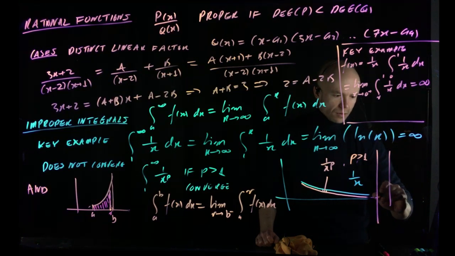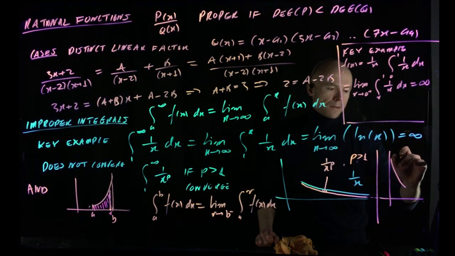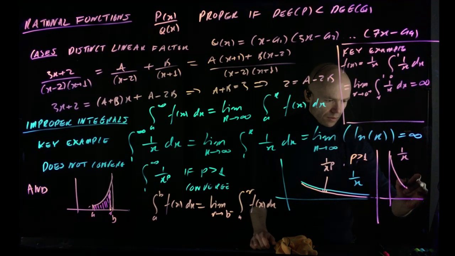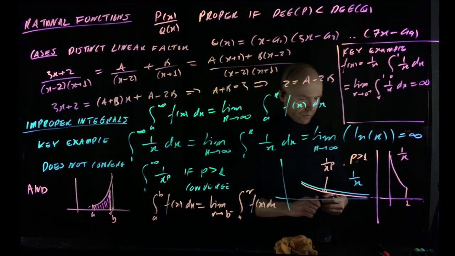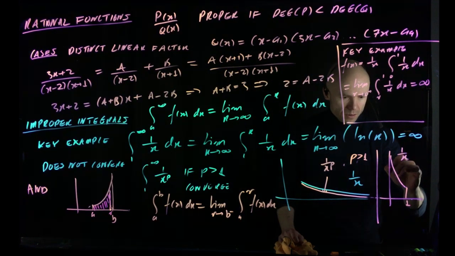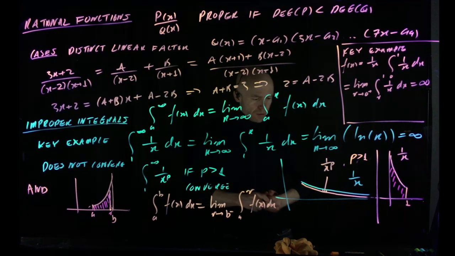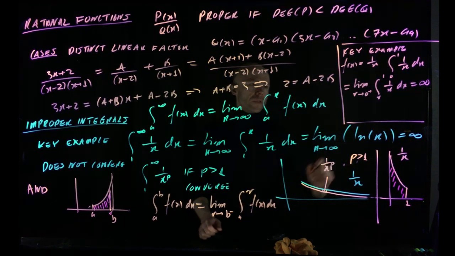So 1 over x looks like this. Okay. And this guy has got infinite area underneath its graph from 0 to 1. Now, it's the key example as well, because if we consider different powers, so if